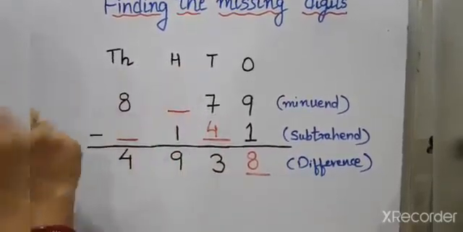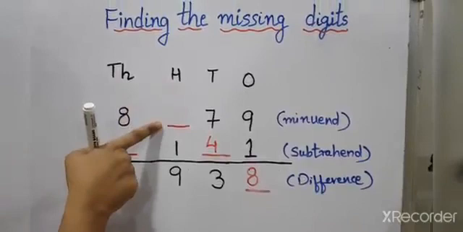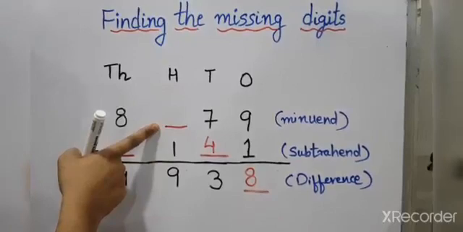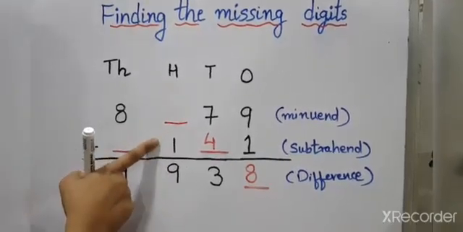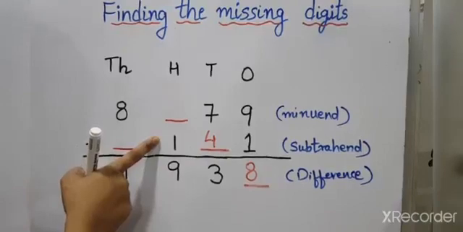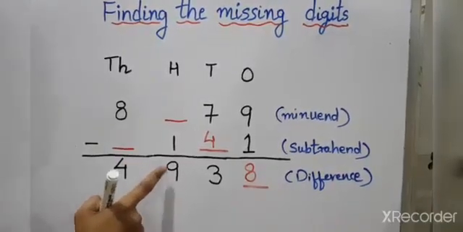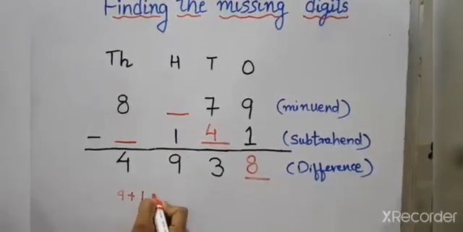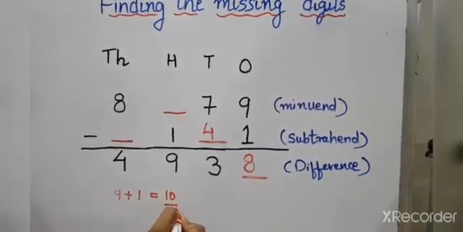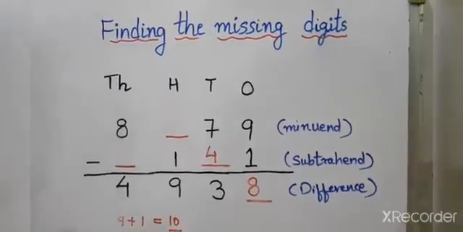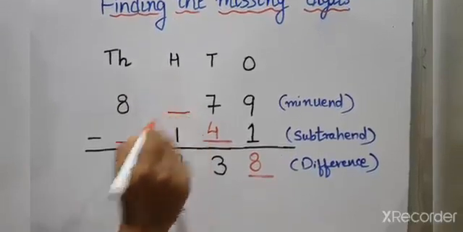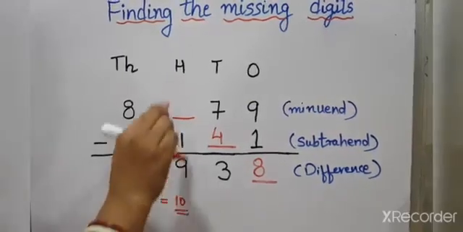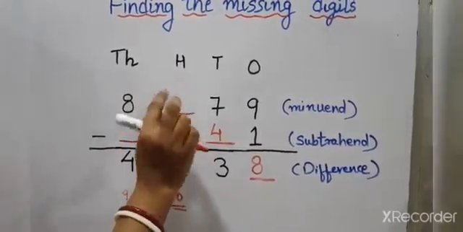After tens place, in hundreds place, we have to find the minuend. Now how to find the minuend? We have to add the difference and the subtrahend. Now look at the numbers carefully. If we add the difference and the subtrahend, we will get 9 plus 1, which is 10. Now number 10 is a 2-digit number. We cannot write number 10 at hundreds place directly. It means that some borrowing is done here.